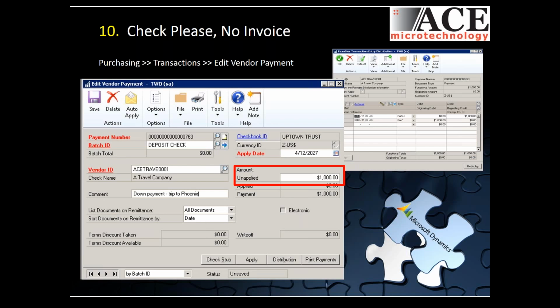Number 10, check please, no invoice. A lot of times you don't realize that you really don't need to have an invoice to generate a check for a vendor, okay? Now, do you want to? Of course you do. But sometimes the check needs to come first before you ever get the invoice. So instead of going outside the box or entering a fake invoice that is really not the true picture of what has happened, you use the edit vendor payment window to enter